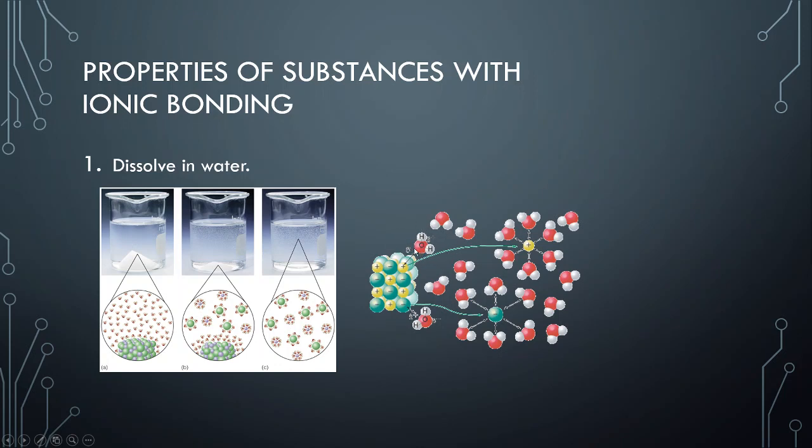Oxygen part of the water is negatively charged as well. So that's more electronegative compared to hydrogen. So oxygen would try to attract the positively charged ion, and at the end, the positively charged ions are surrounded by water molecules, and all the oxygen is facing towards the positively charged ion. On the other hand,